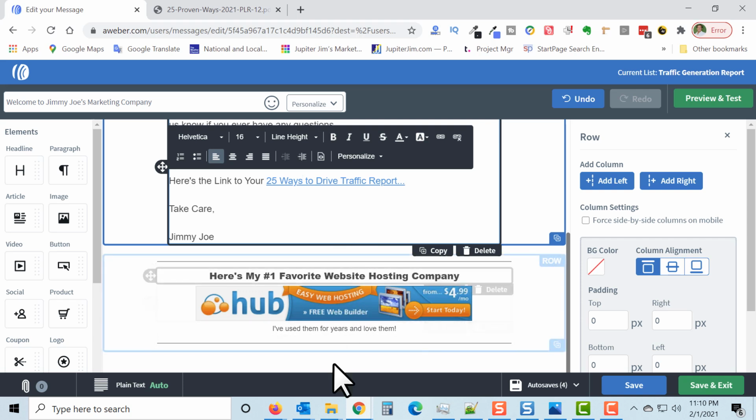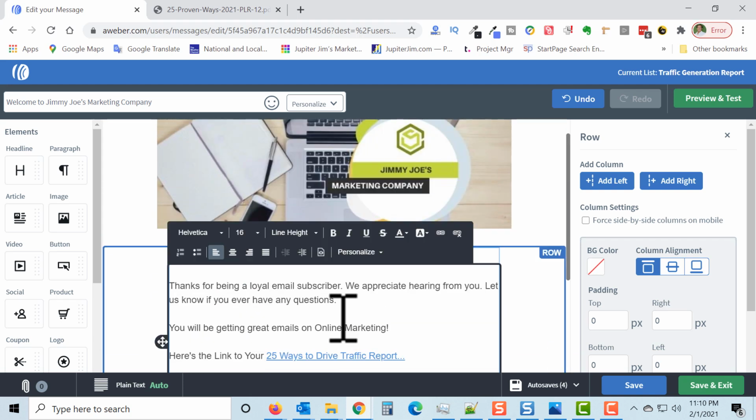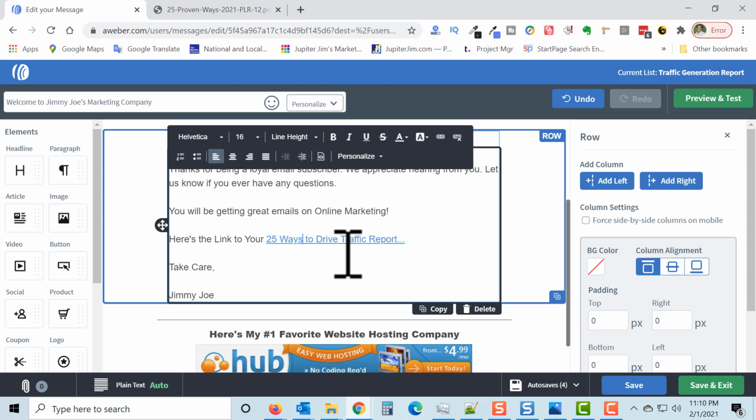Now, here's a key element of the template right here. At the bottom of the email in the template, I'm putting an affiliate link for a program that I belong to, which is the Web Hosting Hub. So every time someone signs up for web hosting through Web Hosting Hub, if they click on it and sign up through this link, I get an affiliate commission. I figure the free report has to do with traffic and list building and traffic generation. So anybody who is interested in that